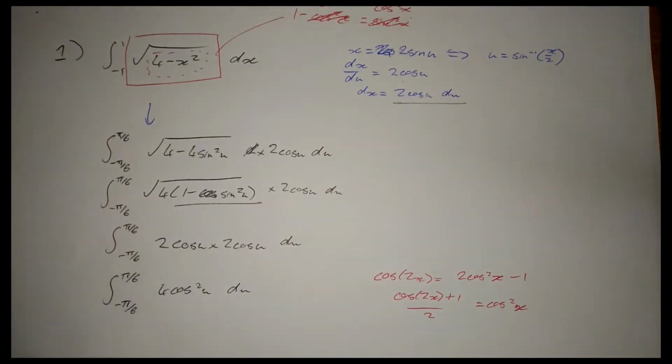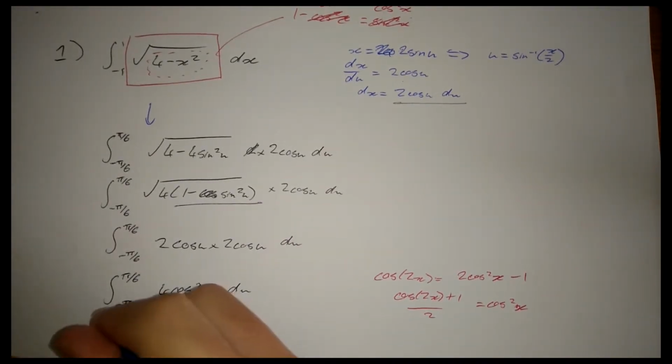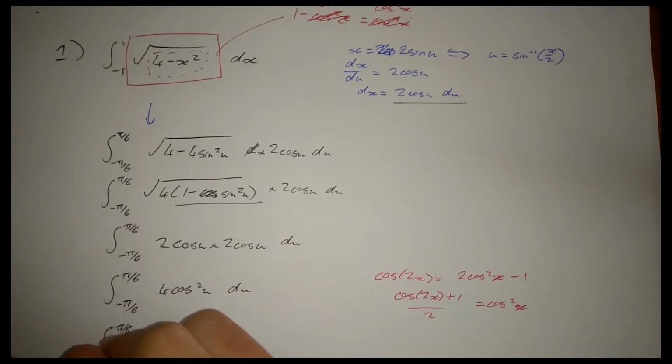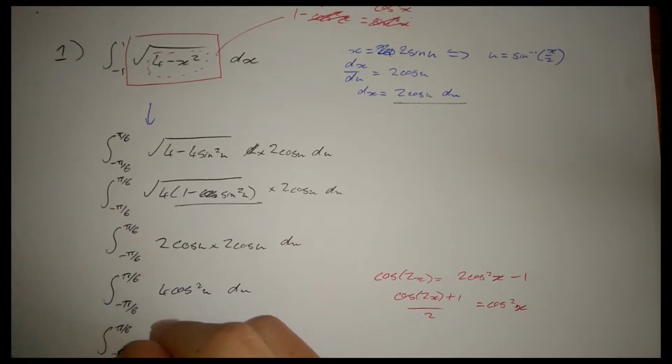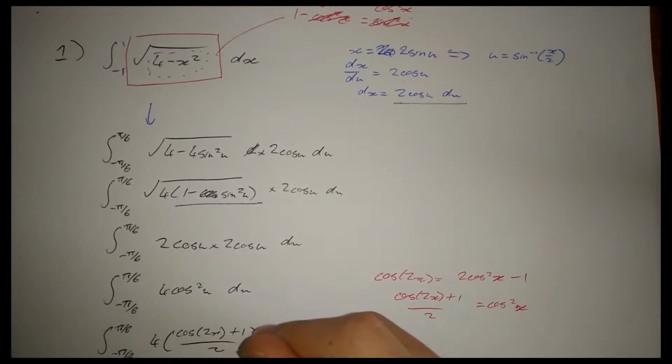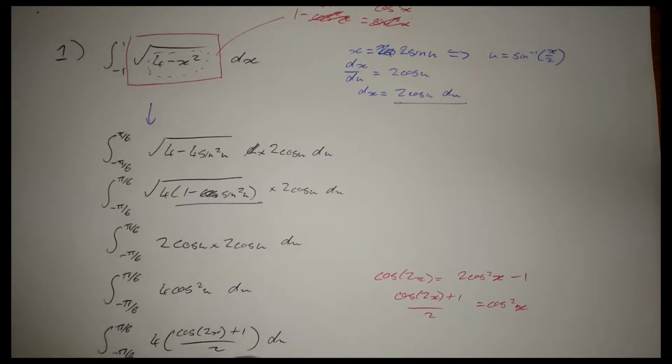So we just substitute that in, getting, hence equaling, the integral from pi on 6 to negative pi on 6 of cos